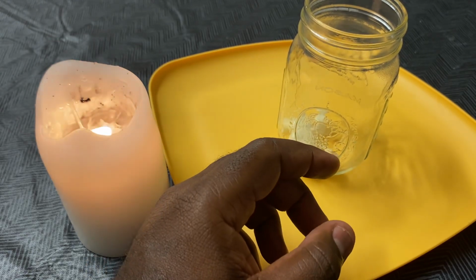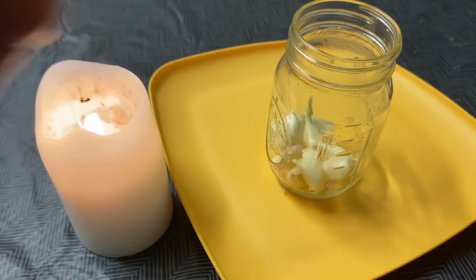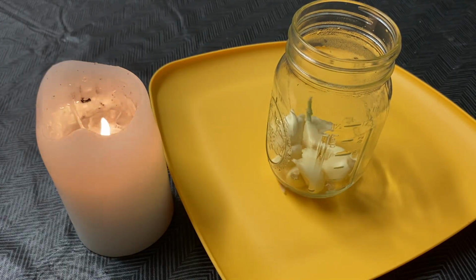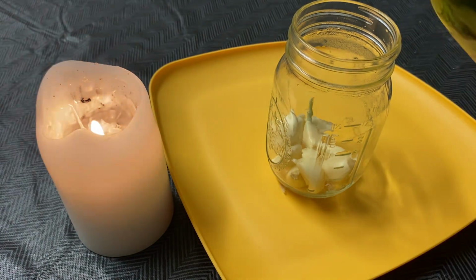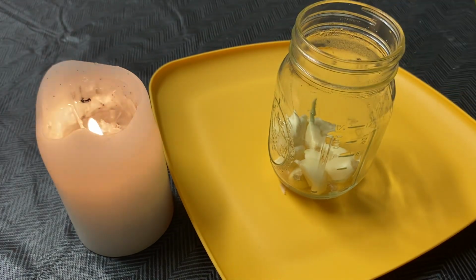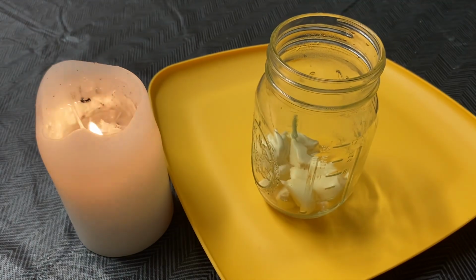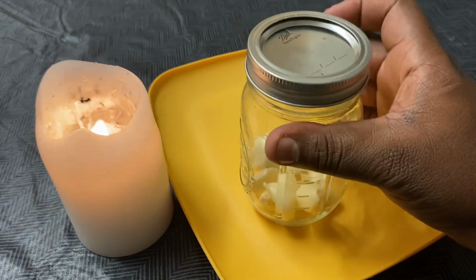So you poke all the garlics, you put them in a jar, and then you take the olive oil, okay? Take the olive oil, and then you pour it in there. Now, I'm not going to pour it in there. I already did, okay? Once you put the olive oil in there,